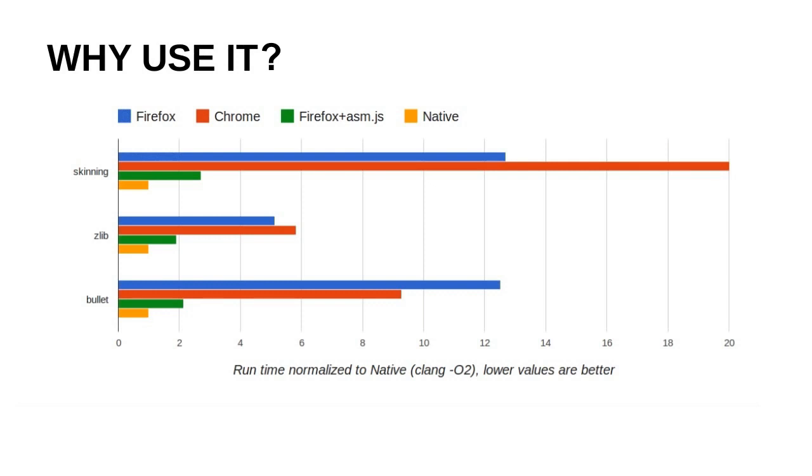Here's a graph from some of the original ASM presentations, and you can see here these are 3 different libraries that are all standard software libraries used on desktop, both run as standard JavaScript or with Firefox and ASM enabled. And you can see, comparatively to the standard JavaScript, we're talking orders of 5 to 10 times faster than the standard JavaScript. Obviously, it's still not quite native, but comparatively to the rest of browser speed, this is a significant